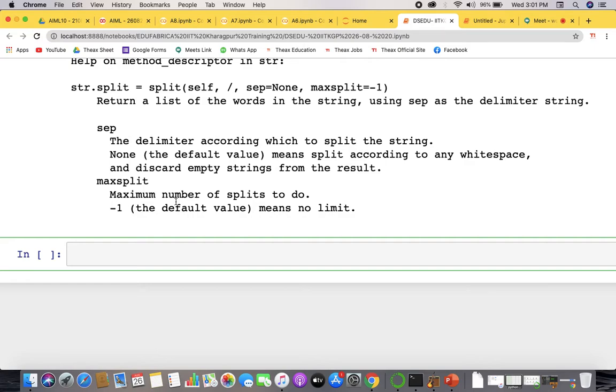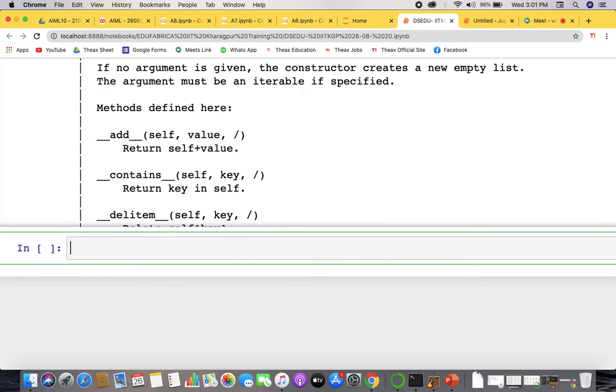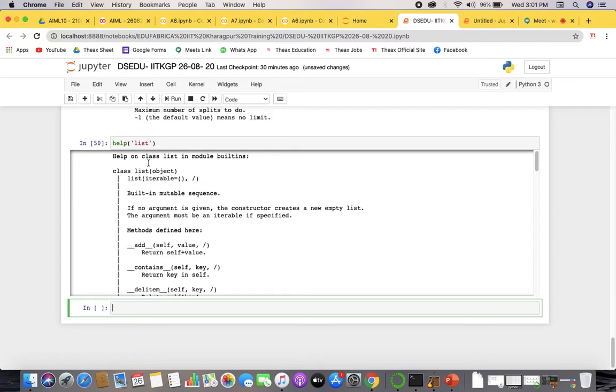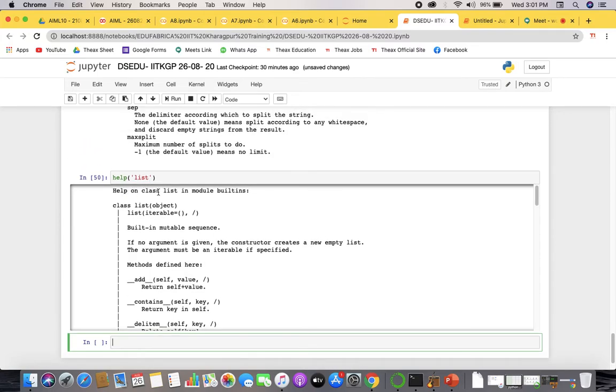It is defined with square brackets. So let's look at the help on the class list in the module built-ins.